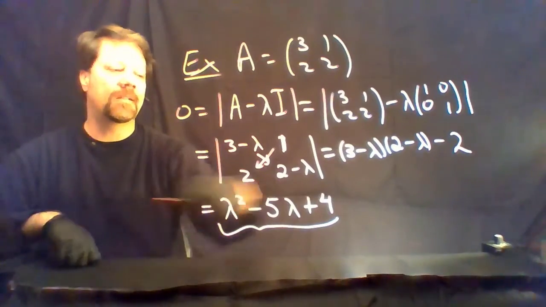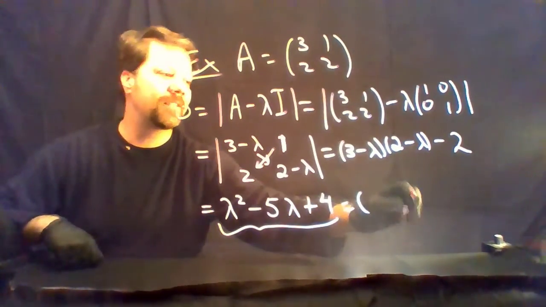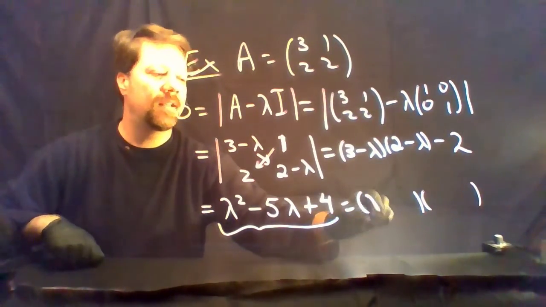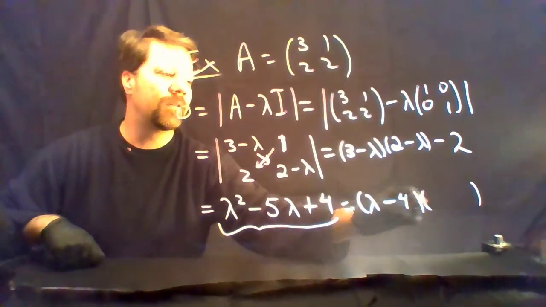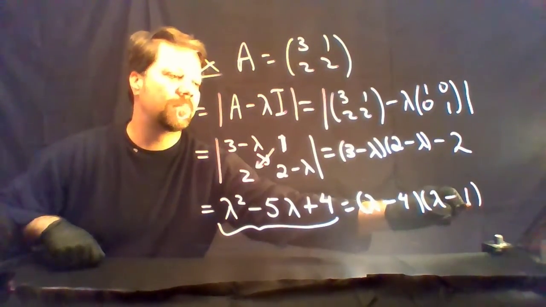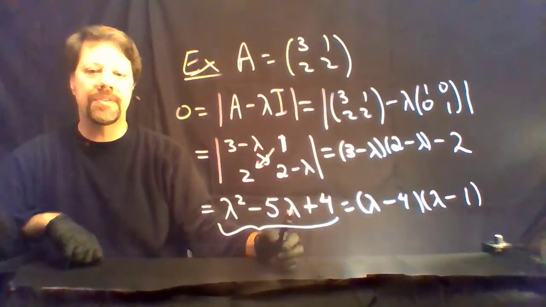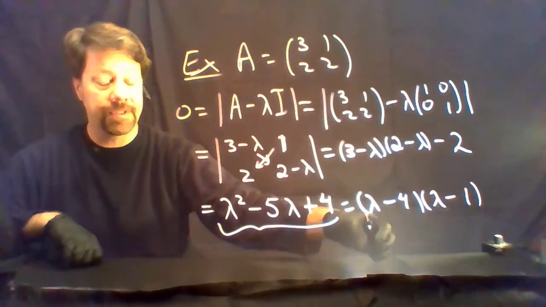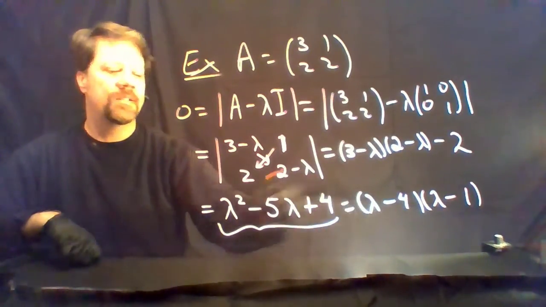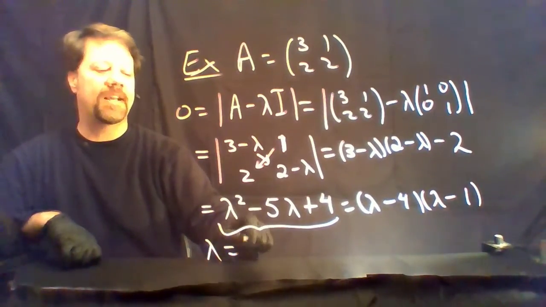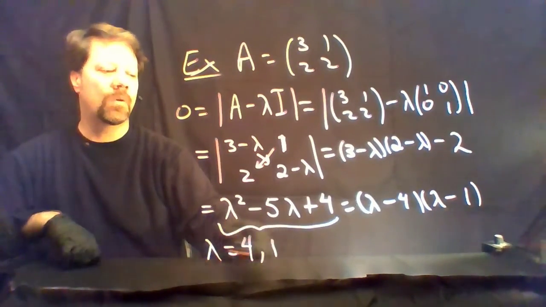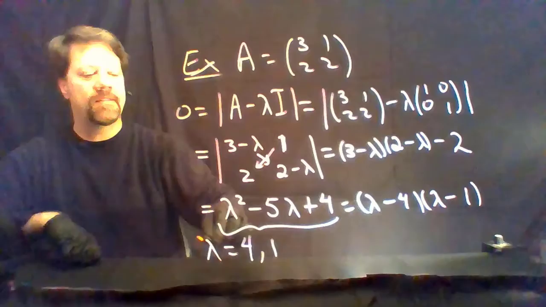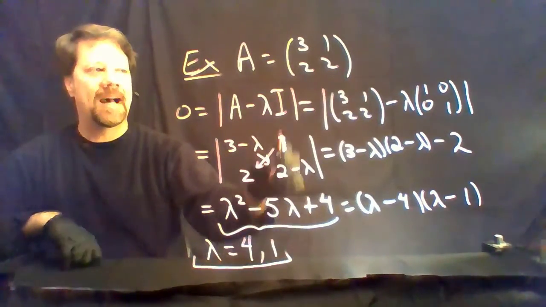This one's particularly easy because we can factor it as lambda minus 4, lambda minus 1. And then use the zero product theorem, which is still true for scalars, to deduce that lambda is either 4 or 1. These are the eigenvalues